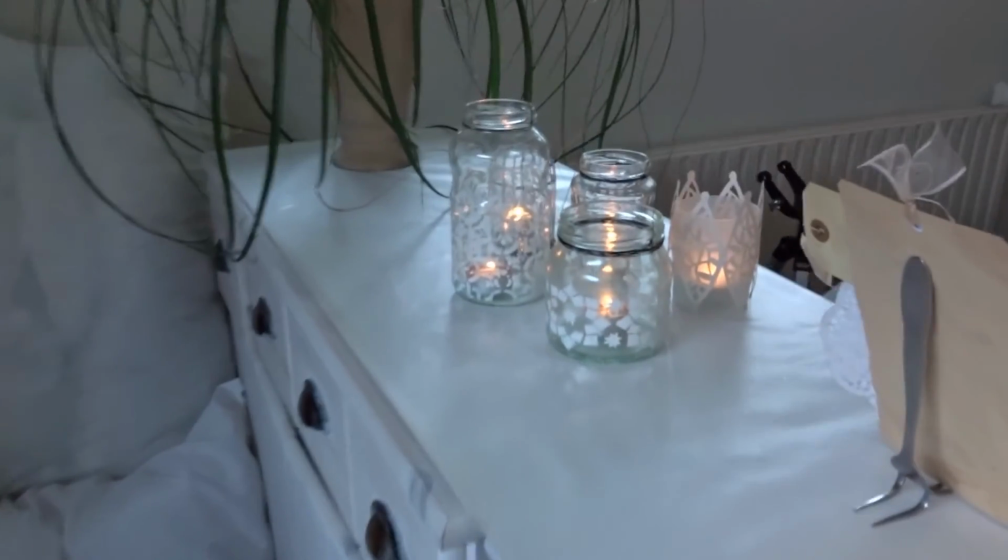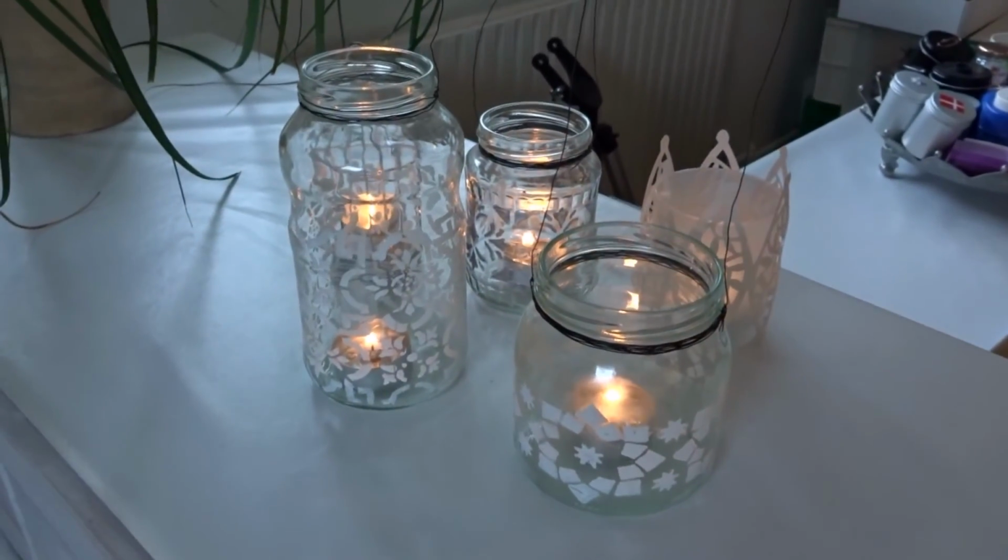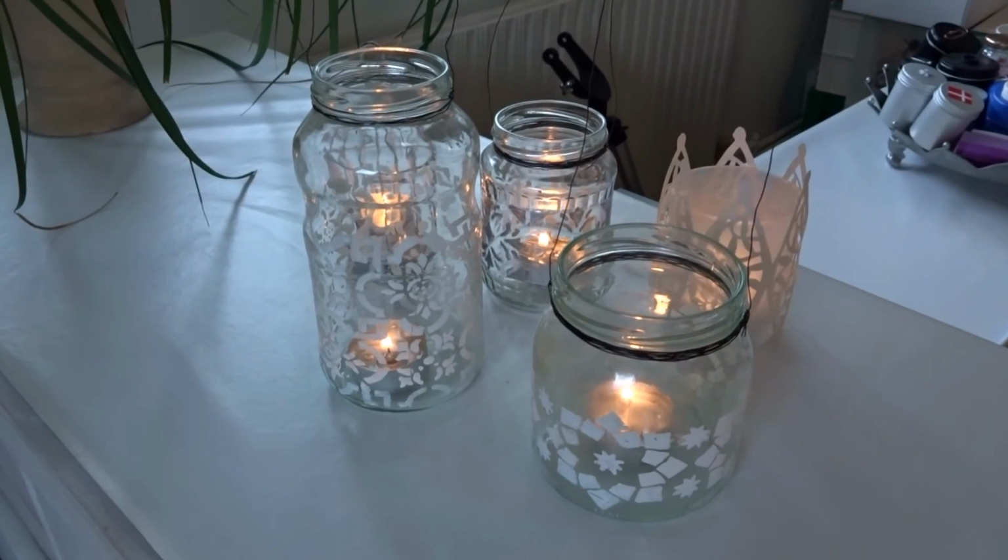Maybe show you how I altered some glass jars into beautiful